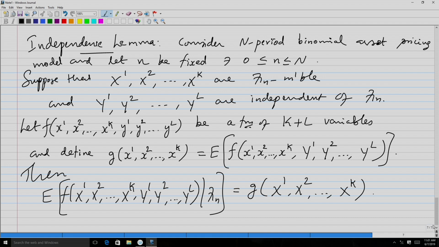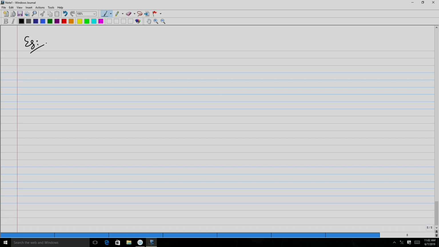Okay. So, now we will try to use this. We have already seen it in the earlier case itself. In the binomial model we will see how this helps to identify that this process is a Markov process. Okay. So, what we have to show? So, this process is a Markov process. For every n and for every f there is a g such that the expectation of f of s n plus 1 given f n is equal to some function g of s n. That is what we want to show. So, let us see how we can show it.